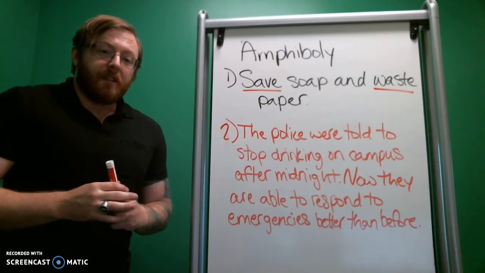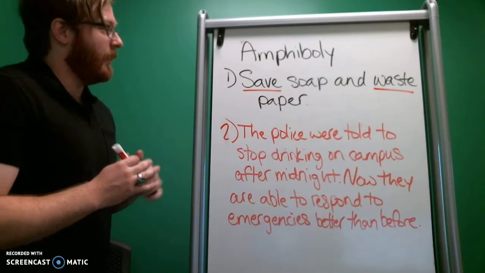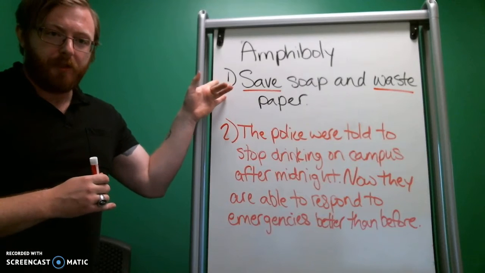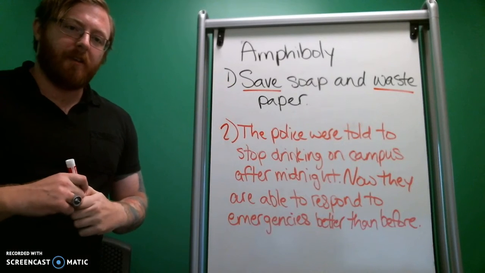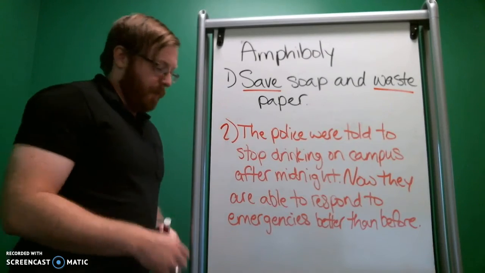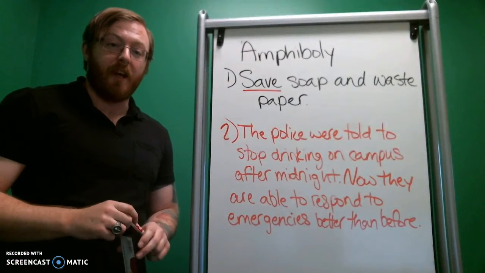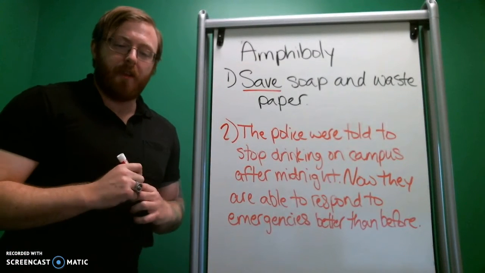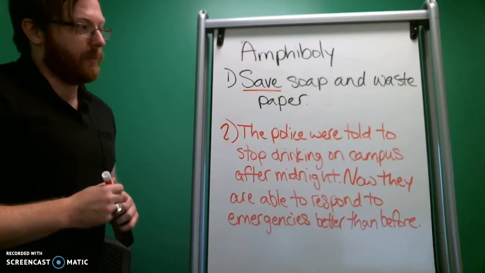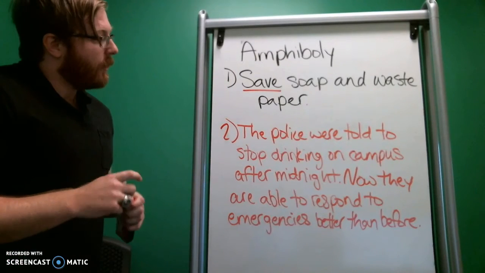And so the reason this is an example of the fallacy of amphibole is that we can't tell which of the two is meant just by reading this sentence. I mean, most of us will assume it was that first reading, right, where it means to save both of those things. But we have no good reason to think one or the other. We're just sort of imposing ourselves on that. So it's ambiguous. The sentence structure is ambiguous.